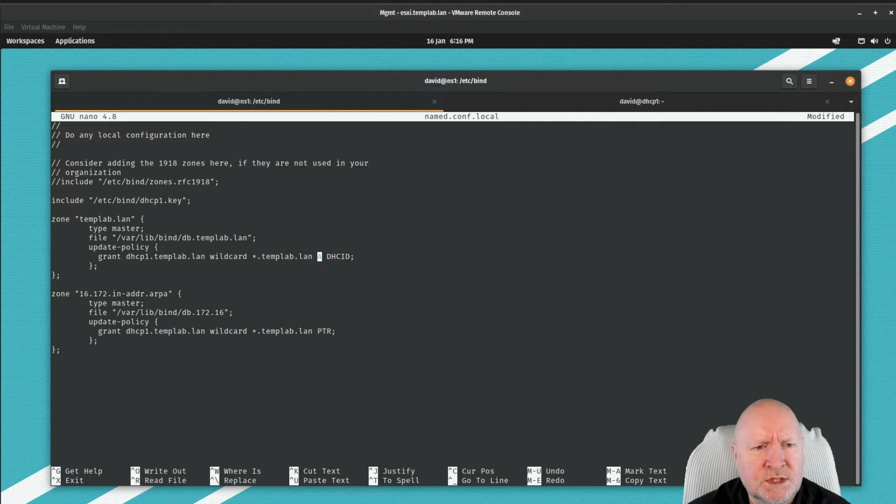There's a lot of different restrictions. I'm not going to go into too much detail here. I just want to show you how to set it up specifically for DHCP because it makes life a lot easier going forward. Now for the reverse lookup zone, it's pretty much the same, except in this case,